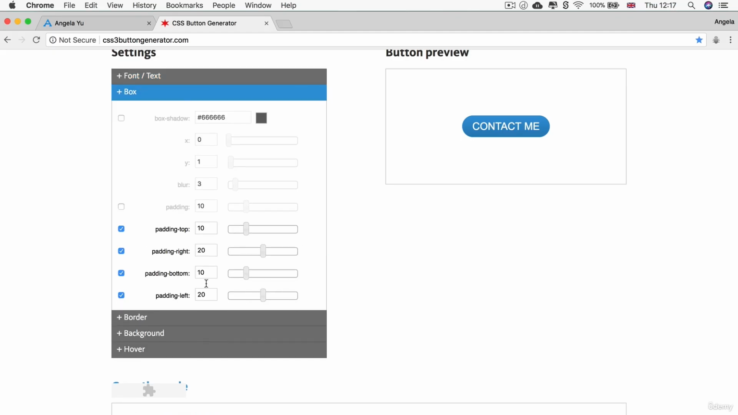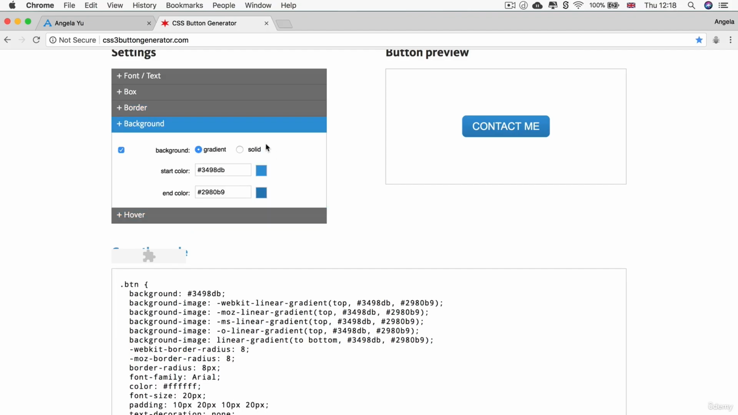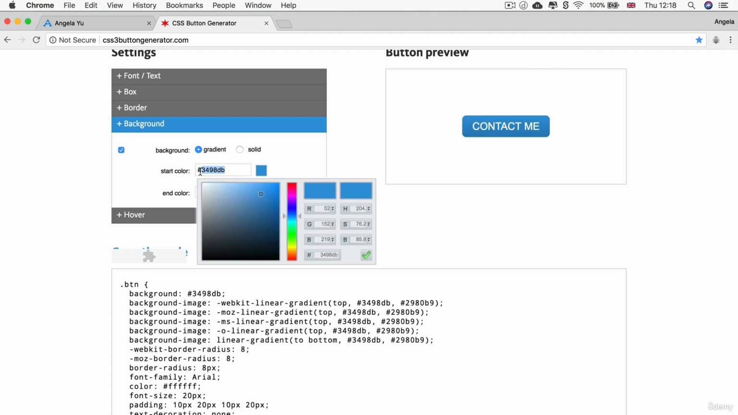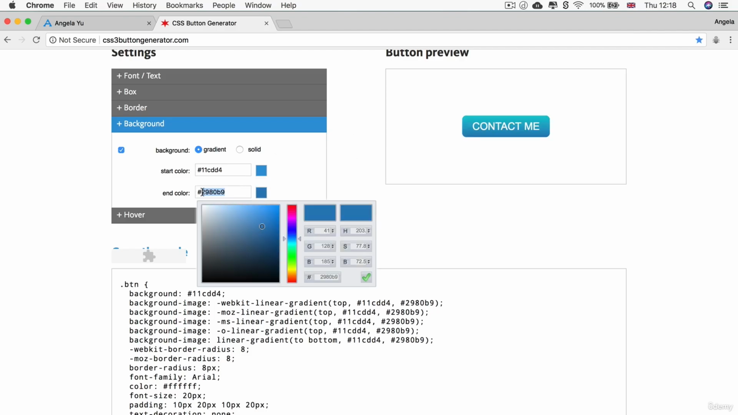Now, we're not going to change anything in the box, but we are going to change the border, and specifically that's the border radius. I'm going to change it down to 8 so that it's a little bit more square looking rather than rounded. And it's not going to have a border, but it is going to have a gradient background. And the starting color for our gradient is going to be 11CDD4, and the end color is going to be